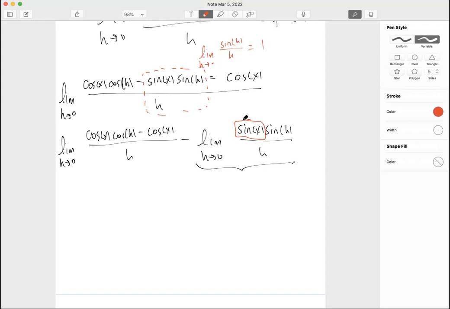So it acts as if you're just fixing it as sine of x. As h is changing, this term is not going to be changing at all. It's always going to be sine of x. So we can think of this just as, well, let's just take the limit,